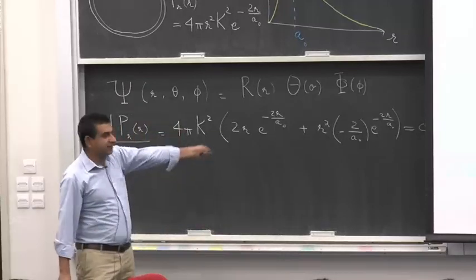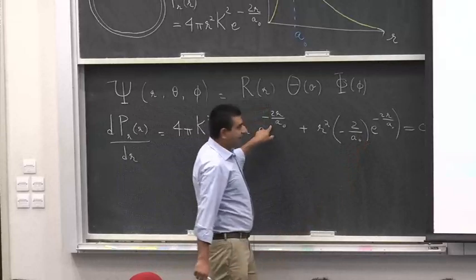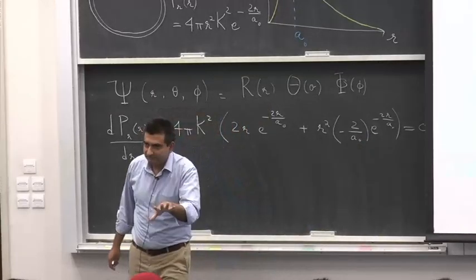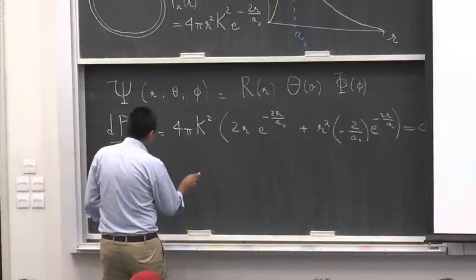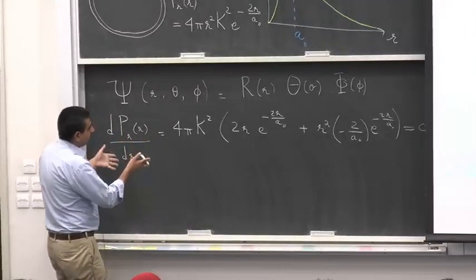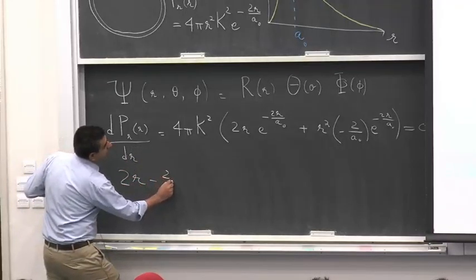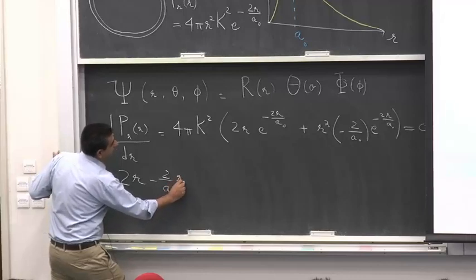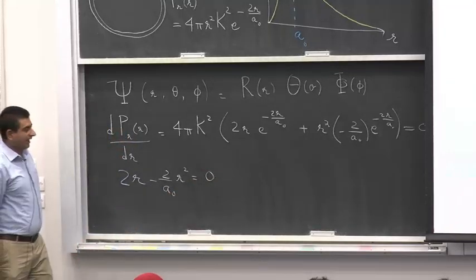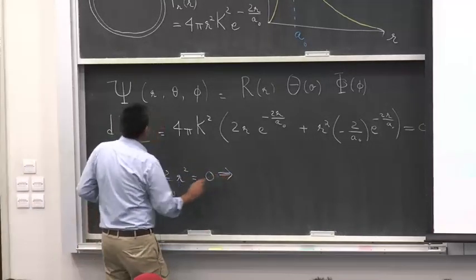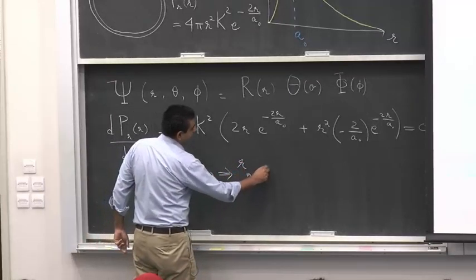Now I solve this algebraic equation. This can't be 0, so this has to be 0. The exponential factor can never be 0. E raised to the power of something is never 0. So this means that the probability density is maximized where 2r minus 2 over a naught r squared equals 0. And this actually shows me that this is maximized when r equals